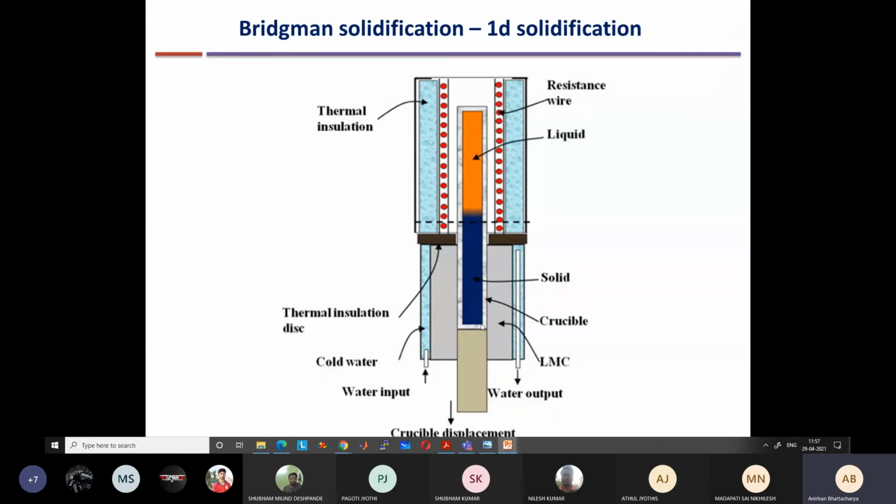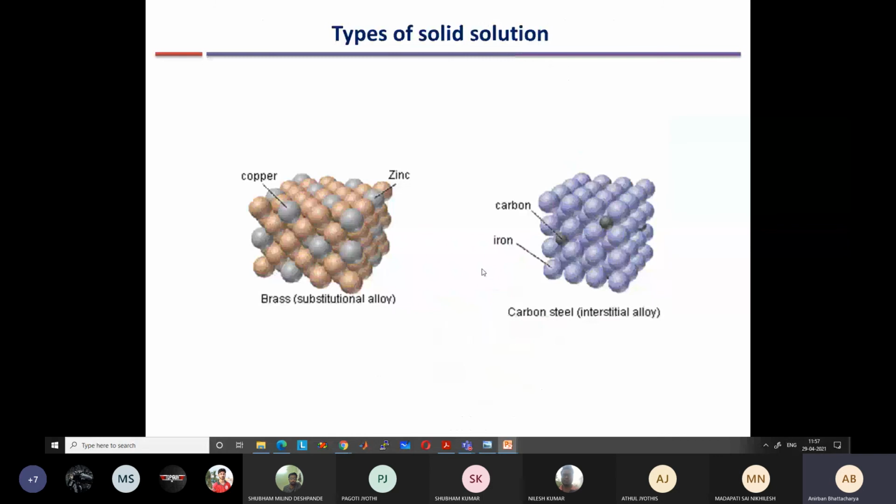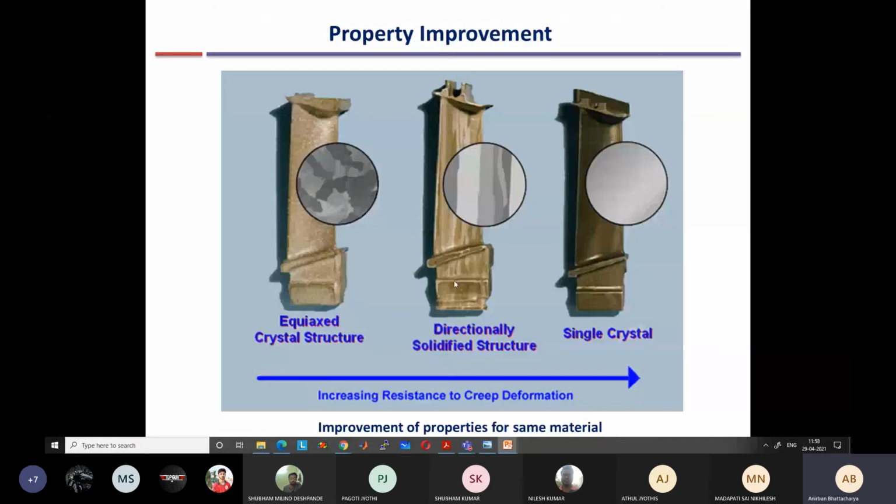When the solidification initially starts, when the mold was inside, it starts with the formation of a few nuclei, few small particles of solid in this thin region at the bottom. And because the solidification is always restricted to a small region, no new nuclei can form. Whatever initial nuclei were present will only keep on solidifying. So we will have grains which just emerge from these initial nuclei. The grains will become very elongated structures like this. So you will have long grains in the direction of solidification.